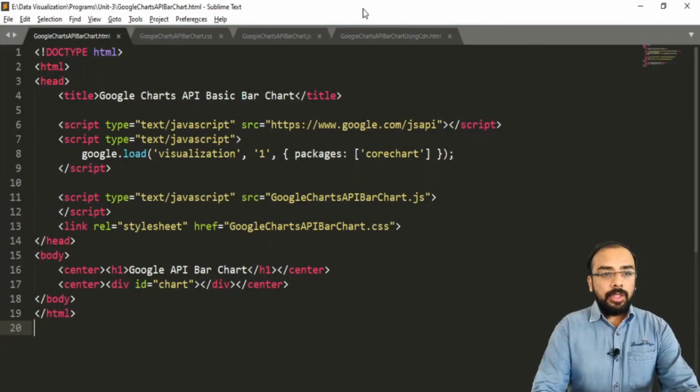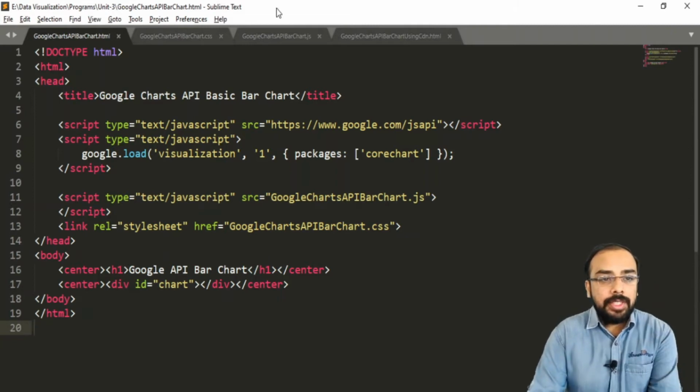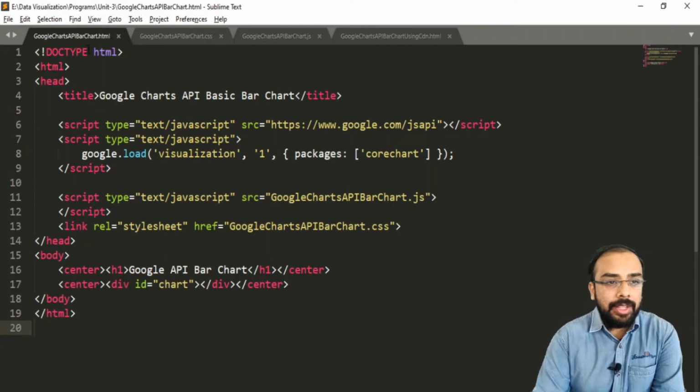Let us work with Google Chart API bar charts. First we will see this HTML file, that is Google Charts API bar chart. The first thing we have mentioned over here is doctype HTML. Then we have taken the root element, that is HTML. Then we have taken the head section. Now why do we require this head section?